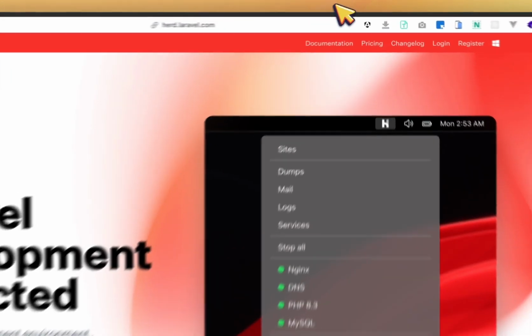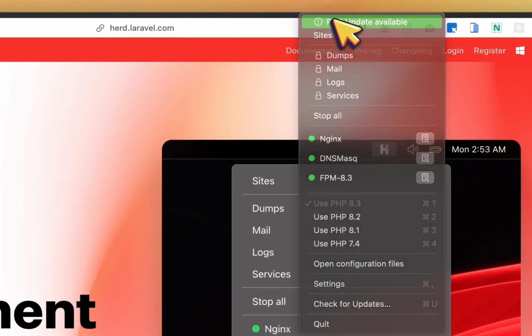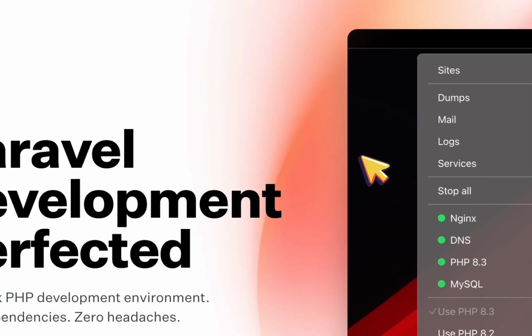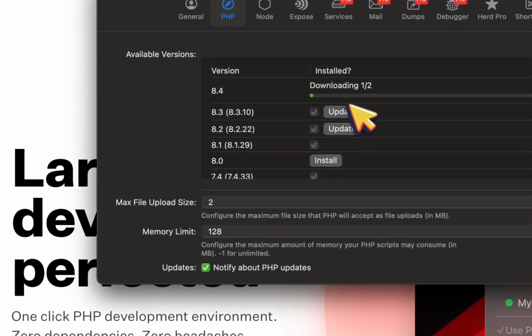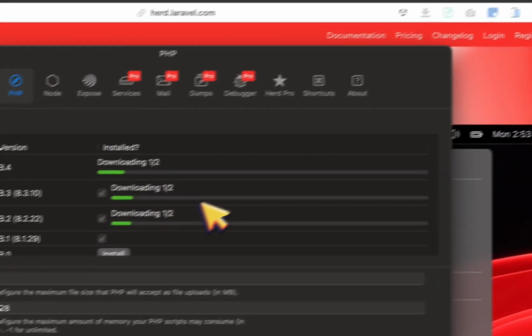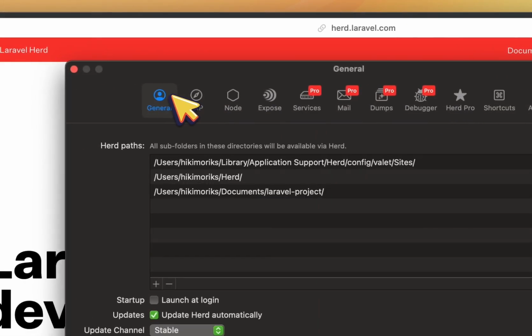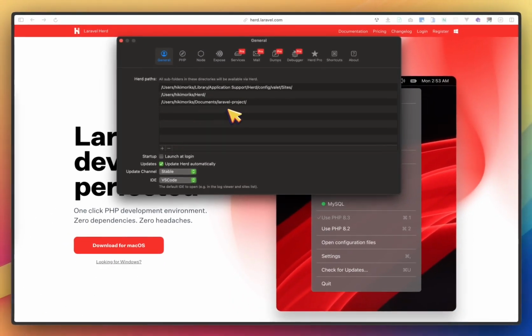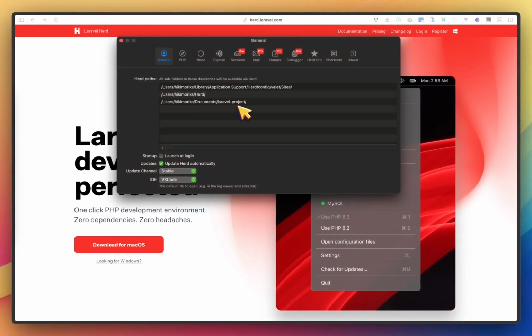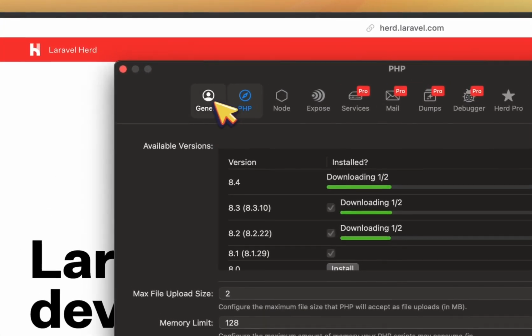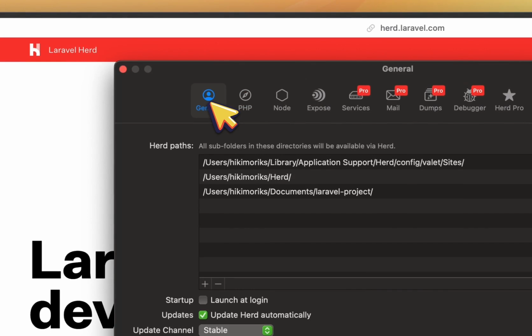I already installed it and it is already updated, so I will show you. First, after you install Herd, you can set up the project path of your Laravel projects. This is important, so the list of your websites can be exposed.